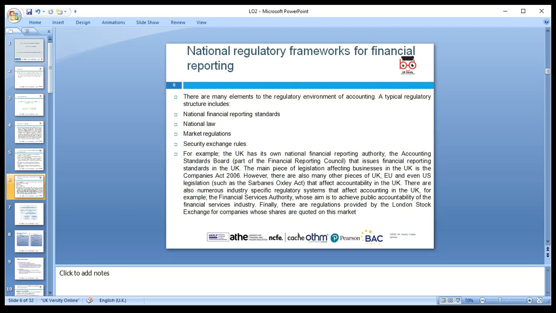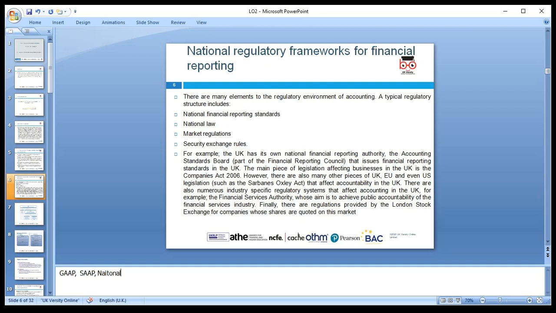So typically the structure can be national financial reporting standards, like we have GAAP, generally accepted accounting principles, or statutory accounting practices, which is in America. So we need to look around at those in every country. We have them in India and in other parts of the world. We have audit and accounting standards. Then we have national laws.